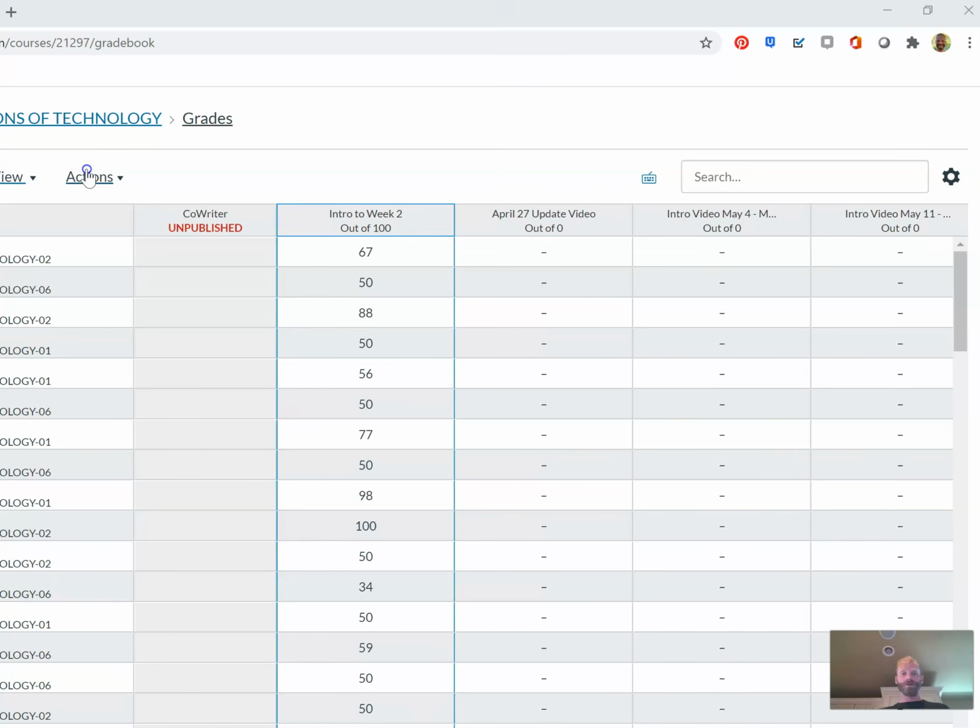And when I go to Actions and then Sync to SIS, that will pull that assignment into, for me, Skyward, which is my student information system, and those scores will be reflected there. And the cool part about this is that say this student in this row right here, who got a 50, who hadn't submitted it or it was missing, or they got worse than 50 or whatever,